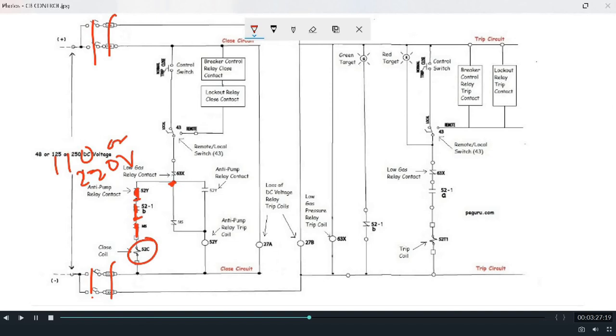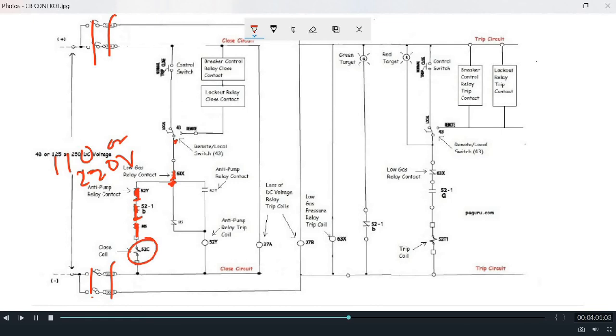Now talking about 63X contacts, these contacts are taken from the circuit breaker SF6 pressure status. In modern circuit breakers, the quenching medium used for the circuit breaker pole is SF6. So for the circuit breaker to operate, the SF6 pressure inside the circuit breaker pole is to be maintained above some level. When the SF6 pressure inside the pole is above some prerequisite value, then the NC contact, that is 63X of the circuit breaker pole, will be in closed condition.